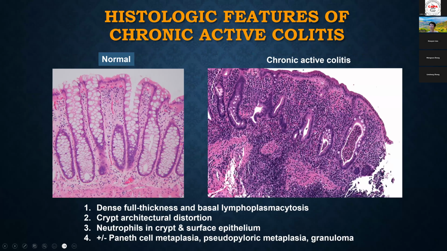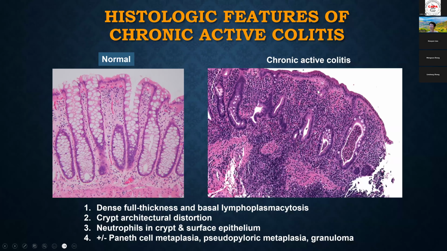On biopsy, chronic colitis has very characteristic features. Here we can see a normal colon, with the typical test tube arrangement of the crypts. They are the same size and same caliber, run in parallel, and sit on the muscularis mucosae. You do see a few inflammatory cells, but not too many, more towards the surface, and then gradually tapering down towards the base.